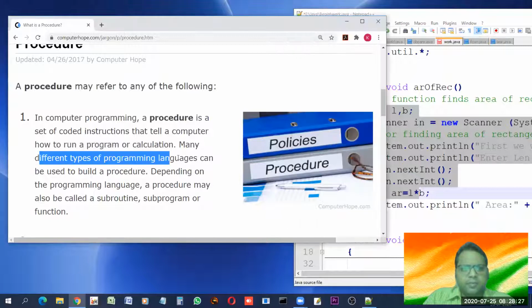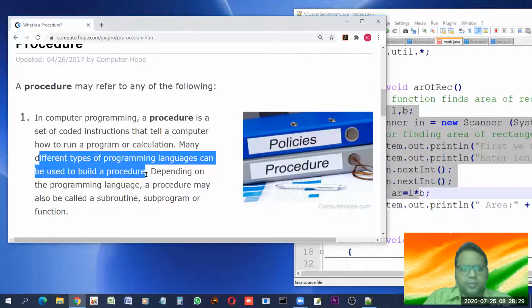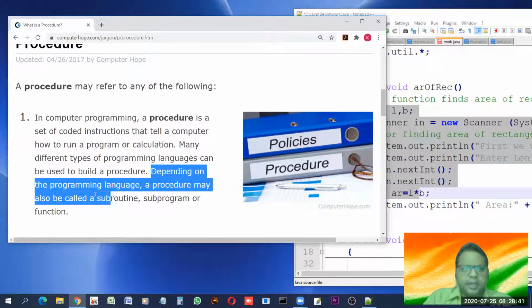Many different types of programming languages can be used to build procedures. Many programming languages support making procedures. Java is one of them. Depending on the programming language, a procedure may also be called a subroutine.